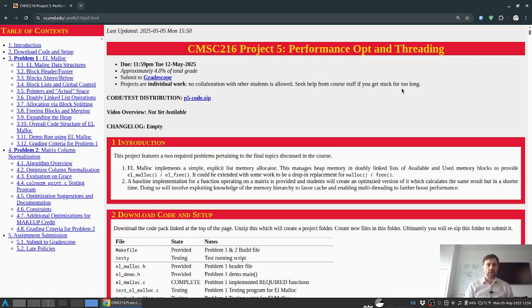It will comprise two separate problems. They are distinct and not interrelated, so you could ostensibly take them in either order. However, they both pertain to material that we've discovered recently in the course and will allow you to practice just a little bit with virtual memory and with spinning up threads to get some more performance in your programs. So the first problem is going to have you implement your very own version of malloc, a heap implementation